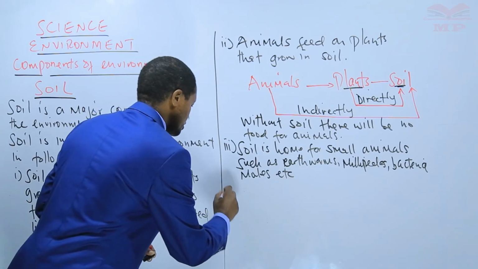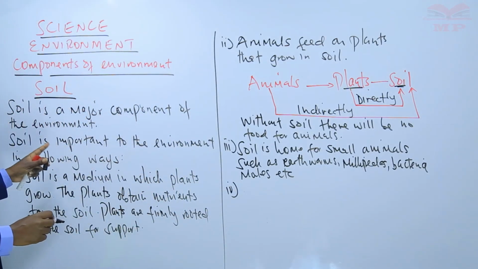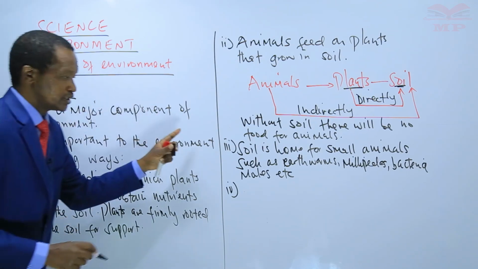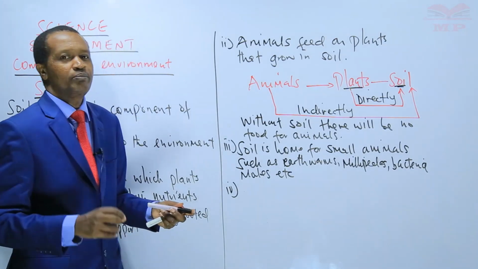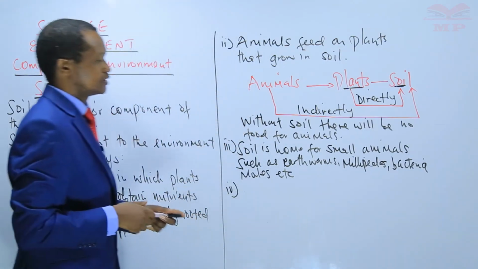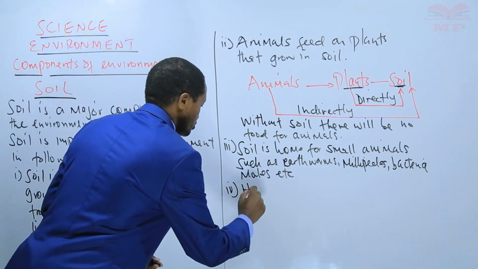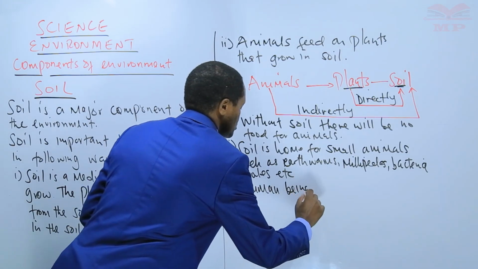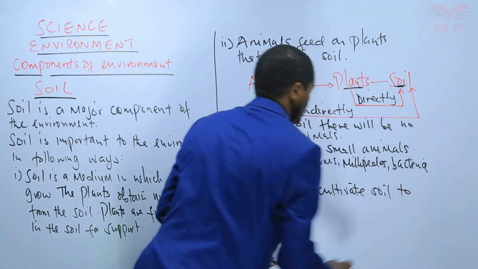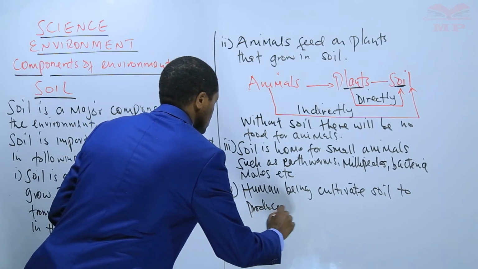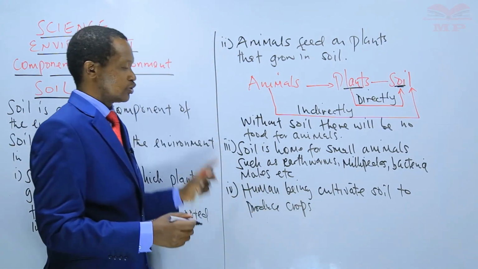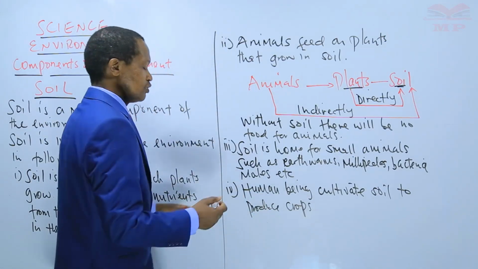Then number four, we are discussing ways in which soil is important. Another way in which soil is important is that people plow and cultivate the soil to produce food crops. People, human beings, cultivate soil to produce crops. We cultivate the soil so as to produce crops, and this can be cash crops or food crops, but